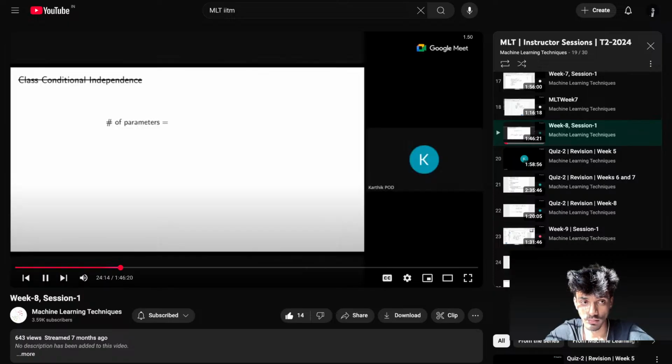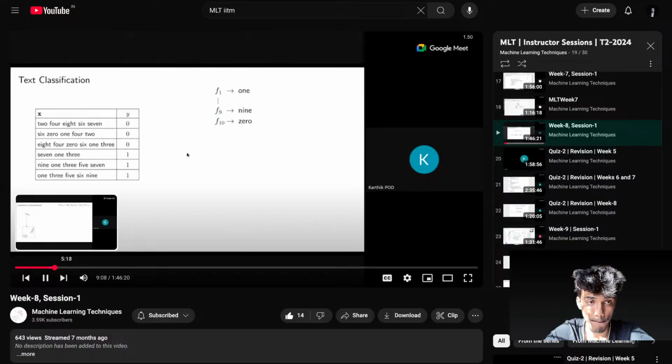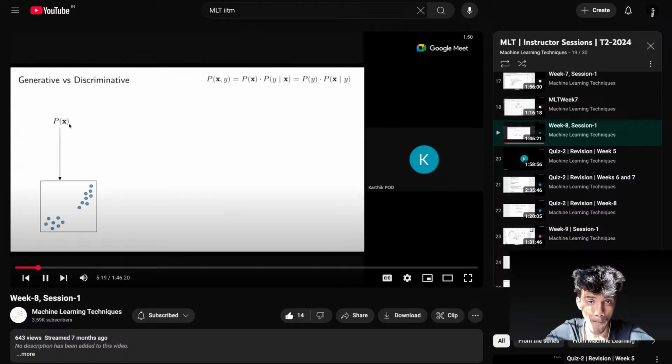How many free or independent parameters will the model have? So this is 9 other boxes here, right? So in this case, the vocabulary is going to be the words 1 to 9 and 0. There is no label, so you're only modeling p of x. Okay. Now, what generative models try to do is